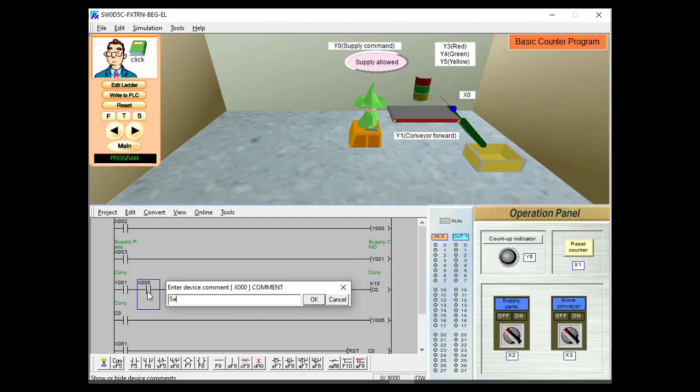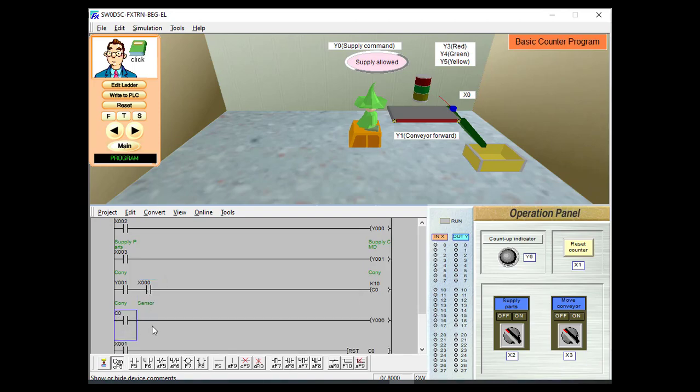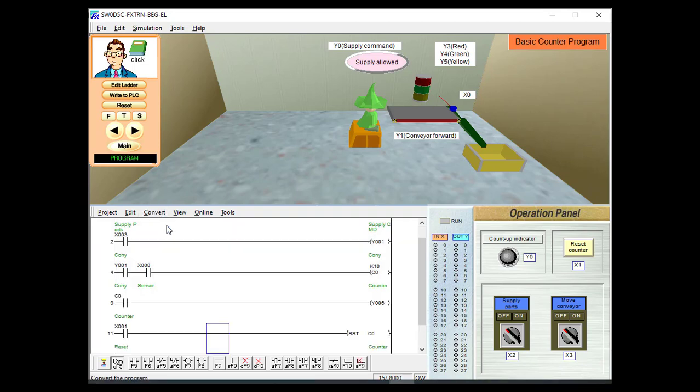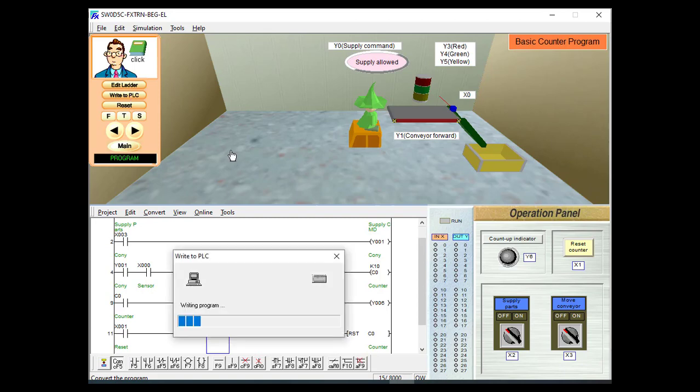X0 is the sensor. C0 is the counter. X1 is the reset button. So we'll convert this program. We'll now write this program into the PLC.